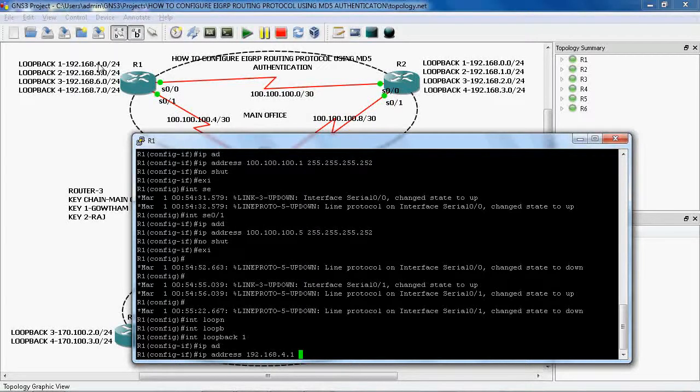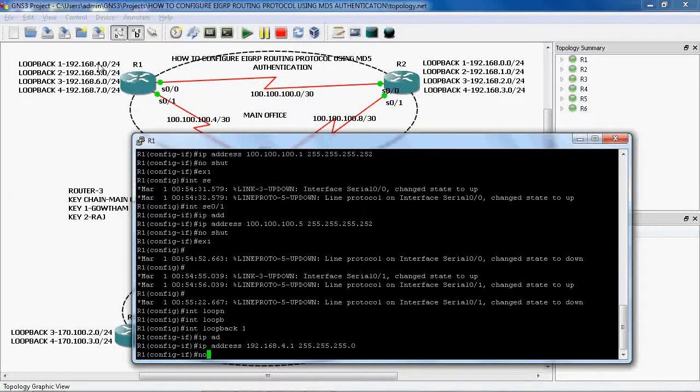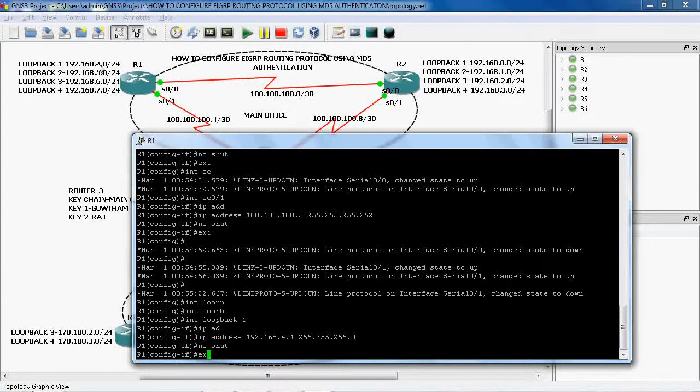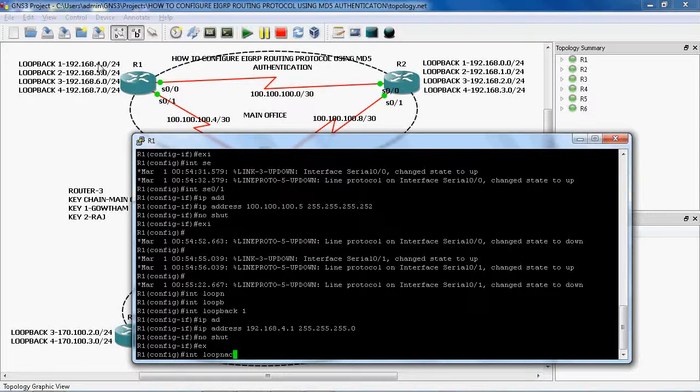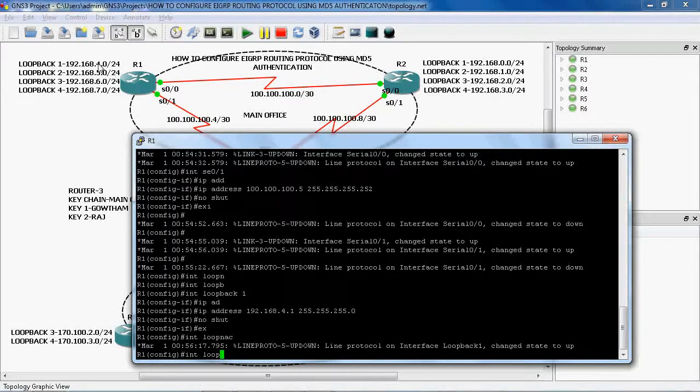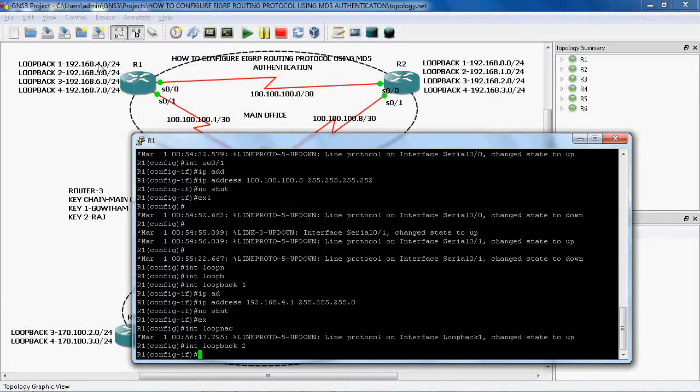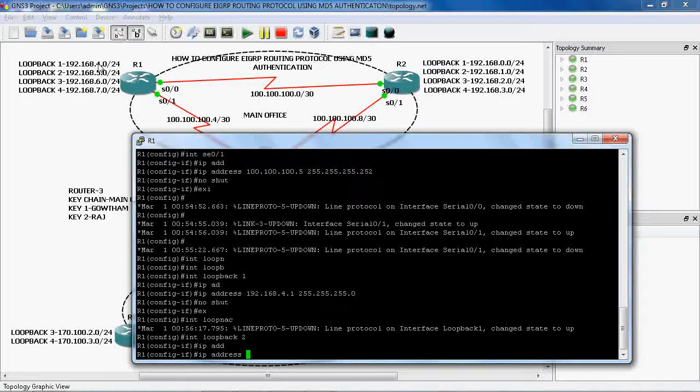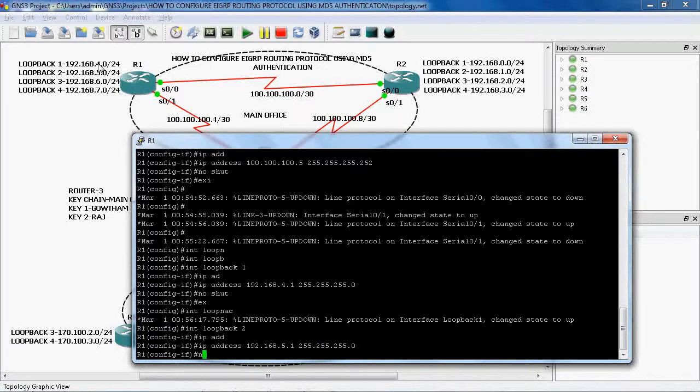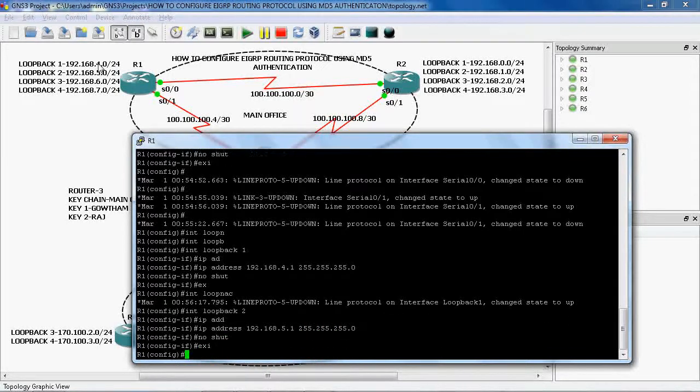The subnet mask is 255.255.255.0. no shutdown. Exit. interface loopback 2. In loopback 2 we assign the IP address, ip address 192.168.5.1, and the subnet mask is 255.255.255.0. no shutdown to enable this interface.